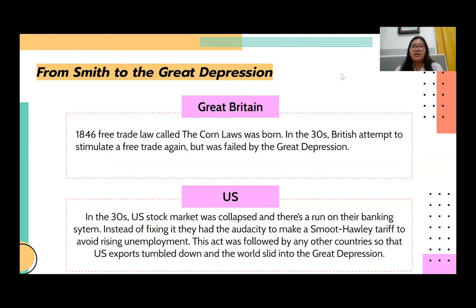So instead of trying to fix the problem happening in the U.S., the U.S. made the Smoot-Hawley tariff. This tariff aimed to avoid rising unemployment by protecting domestic industries and diverting consumers from consuming foreign products, putting more interest in domestic products. The Smoot-Hawley Act put a tariff on imported products. So this law put the U.S. in a winning position, and at that time the U.S. became the world's biggest